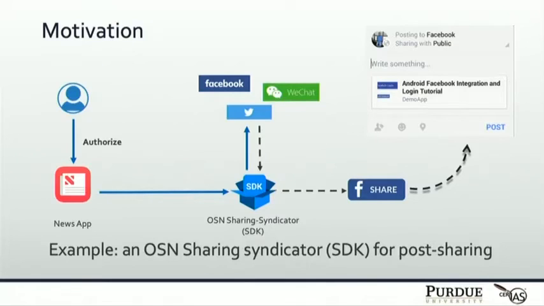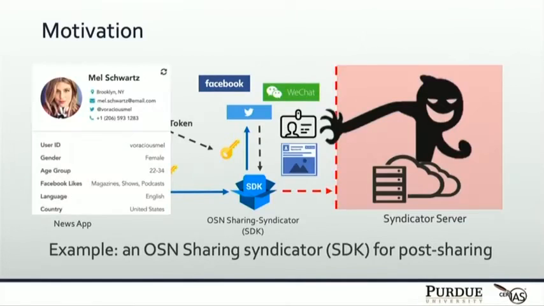However, when the user shares the in-app content to her social network, likely she will not know that this process is actually handled by this third-party library instead of the app itself. And she will also not know that, in order to do this, the app needs to hand the user's login credential, which is an access token, to the third-party library for completing this functionality. Okay, so even worse, since the access token allows access to the user's social network account with several critical pieces of information,